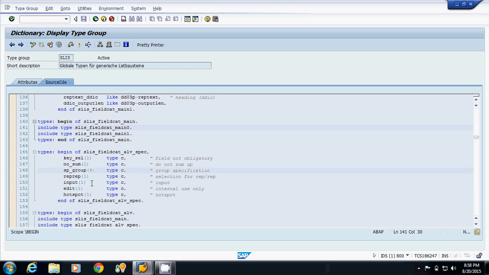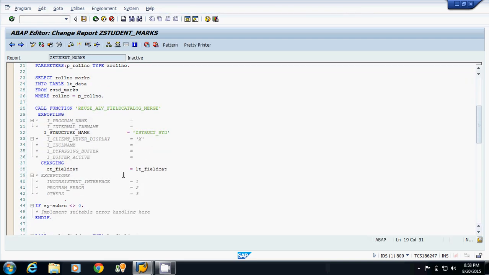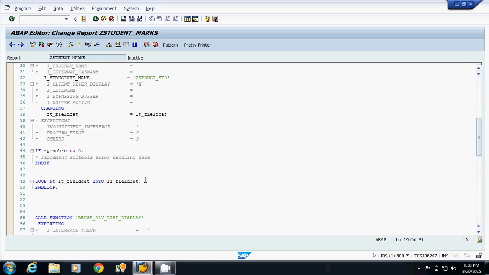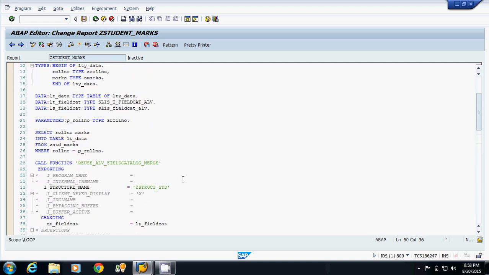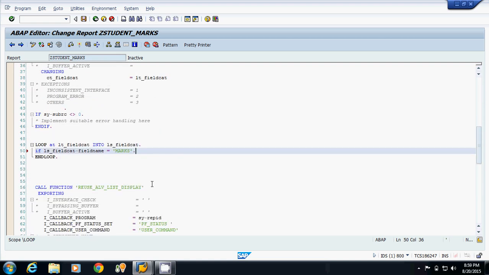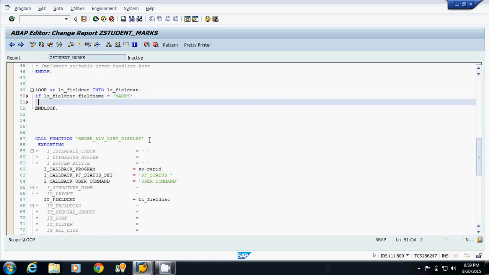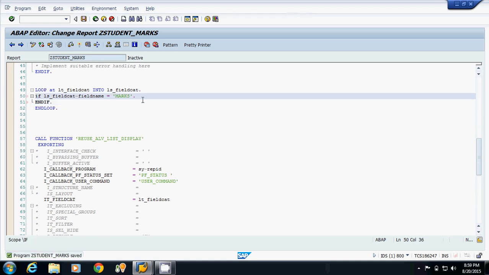So what we will do, we will write the logic: if ls_field_cat field name is equal to marks, then we will set this input variable to X because we have to input the value of marks.